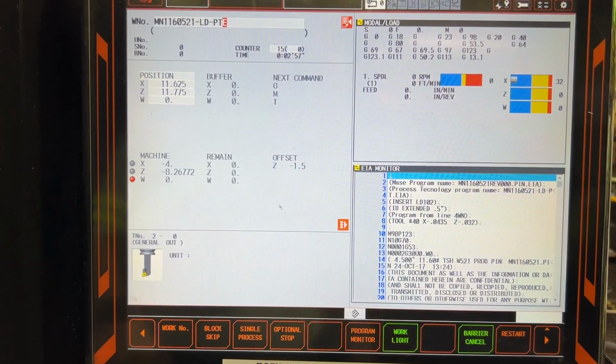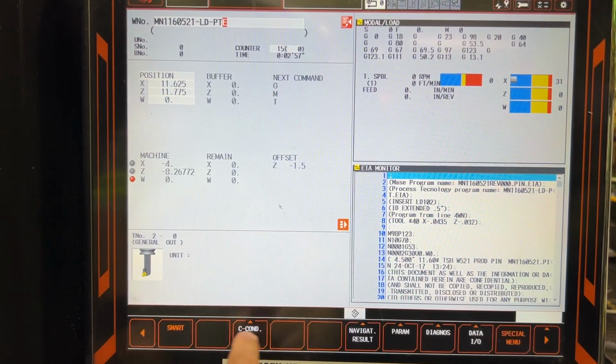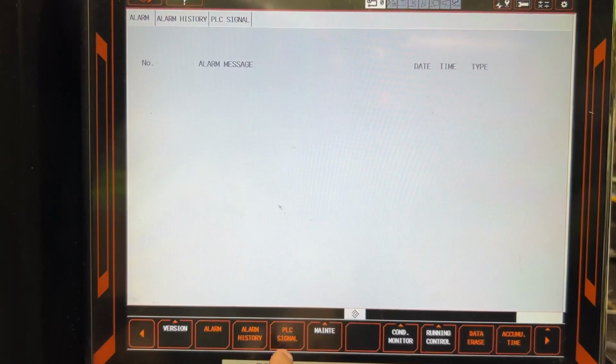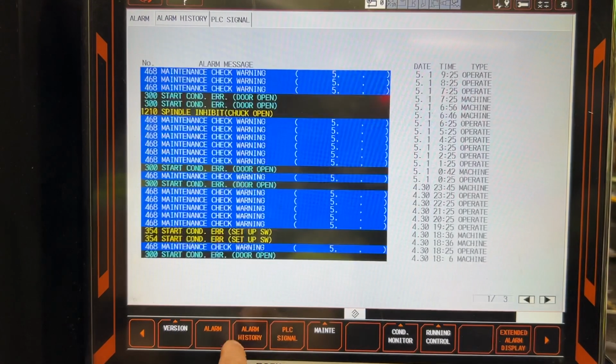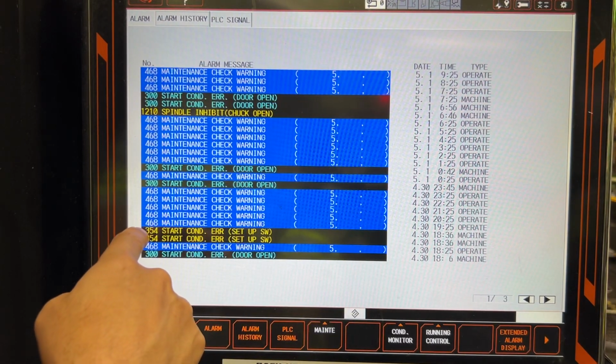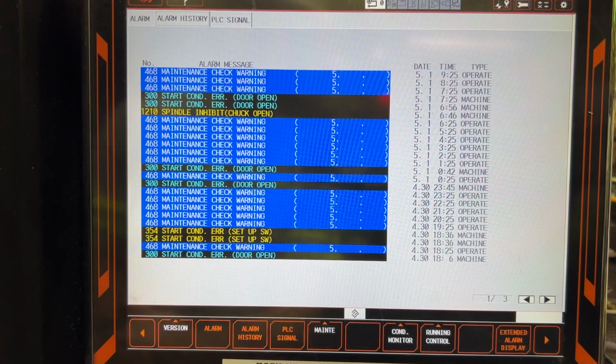On this machine with the Mazatrol SmoothG CNC, we're going to see how to diagnose a user alarm. Let's go to diagnosis. We don't have any alarm now, but if you go to alarm history, we'll see we have the user alarm 354, which is the coil